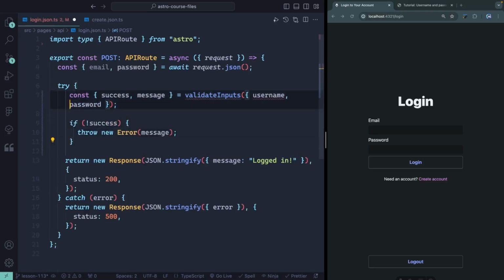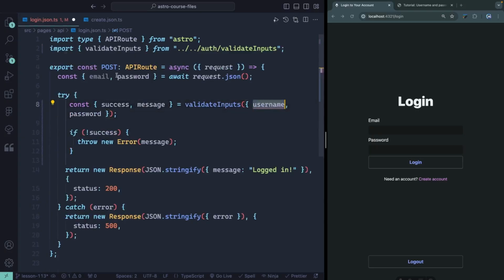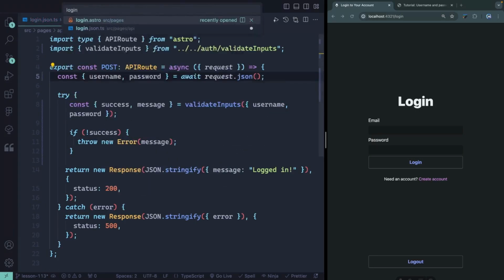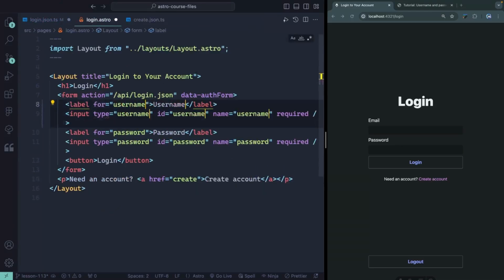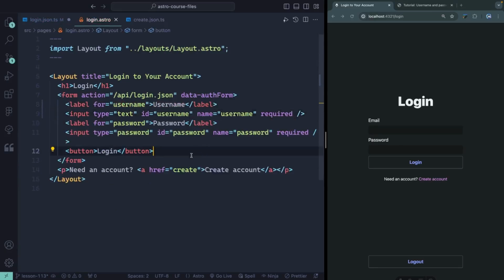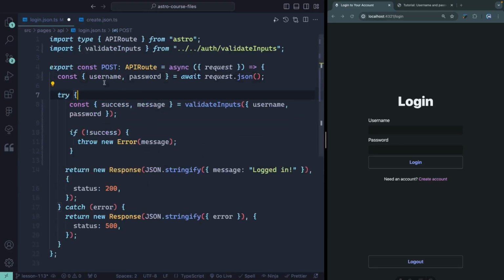So let me go ahead and pull this in here. Validate inputs right here, and we need this to say username from here, username, which also means I need to come to my login Astro file and change these like we did before to username. This type is the type of text. Other than that, we should be set to go. Let's come back over here. Now we should be getting username and password, and we can pass these along and just double check that they meet our basic requirements. Obviously, you probably want to do more checks than this, but just a basic tutorial hopefully will give you a sense of how this works,